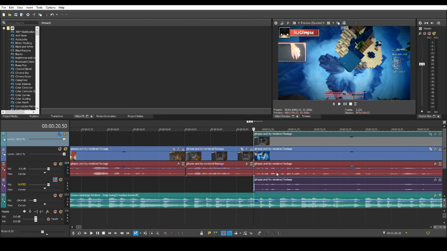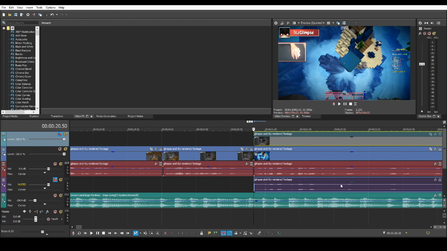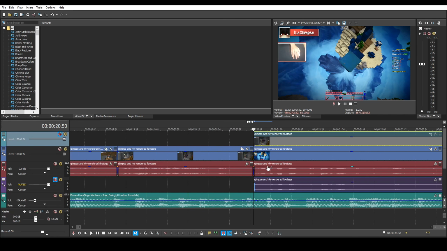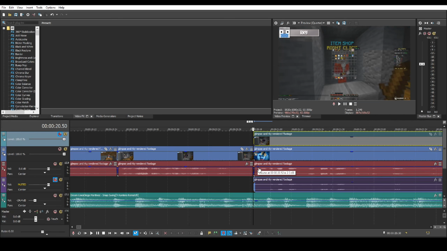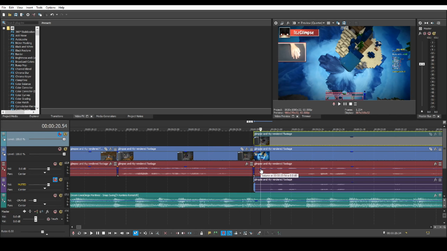Basically, what this does is let you pick parts of this track where you want to up the volume a bit. For example, I feel like Glimpse is a bit soft here. I can double click to add a point here and double click again somewhere here to add another point, and then click and drag the point up so that you can see the decibels going up and down. I'll go to around